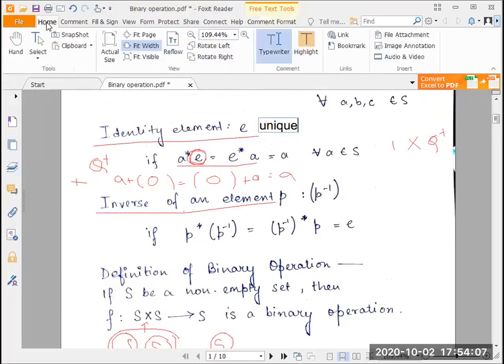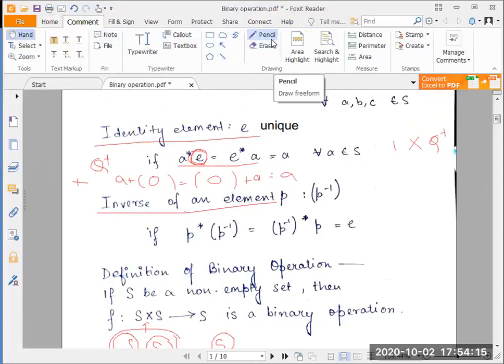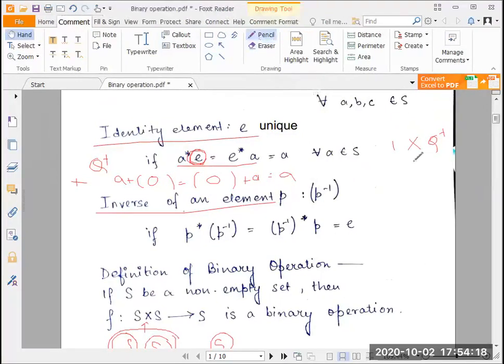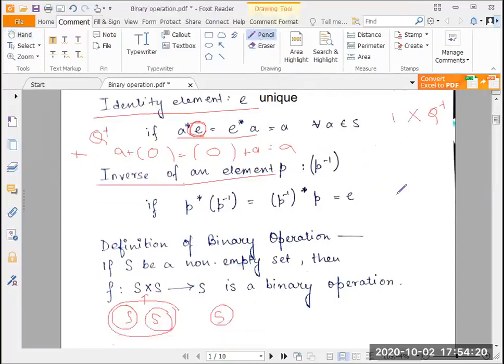On the other hand, an inverse exists for every element, which is why I have said inverse of an element P. So you are meant to have an inverse for every element of that set. What I mean is, if P is operated on a particular element, this is not unique. So essentially this is unique for a particular P. For every P we have an element P inverse, if we do, because in future lessons we will find out that it's not always true that every element has an inverse, or the set might not have any inverse. So based on the situation we look further into it.